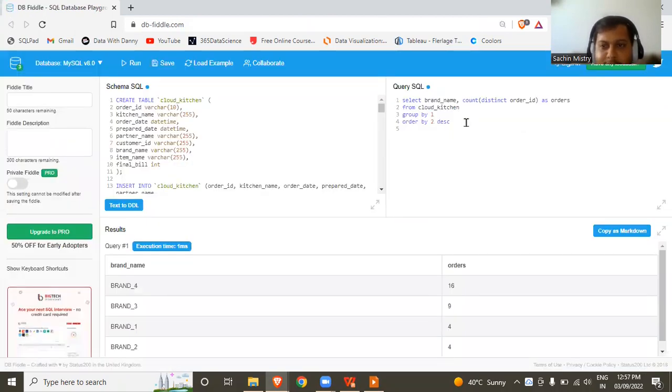So for this, we'll not reuse this query. We'll try to create a new query here. First we need to understand, for each order ID, what is the time difference we're getting. So for this purpose, we'll be selecting the kitchen name, then the order ID,